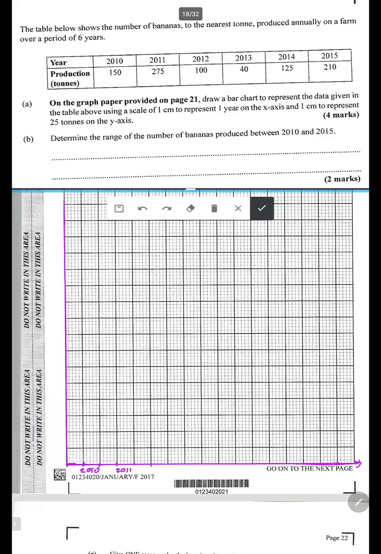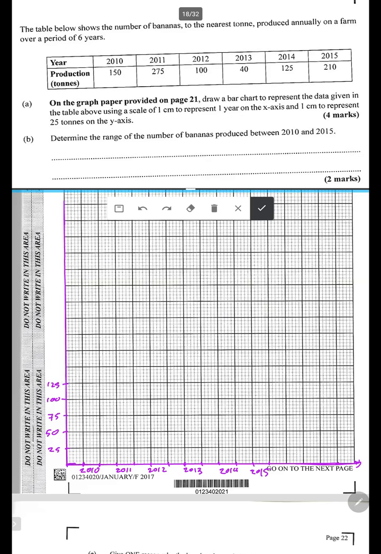Then my next bar over here is going to be 2012. Then my next bar over here is going to be 2013. And my next bar over here is going to be 2014. My next bar here is going to be 2015. All right, and then the bars must go up by the height. The vertical axis is 25 tons, so this is going to be 25, 50, 75, 100,